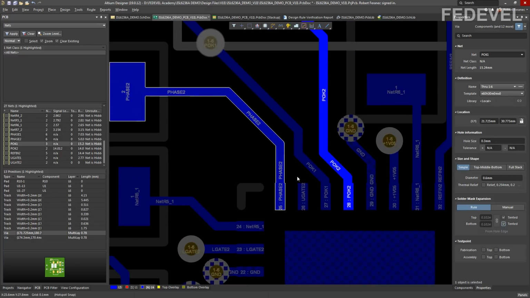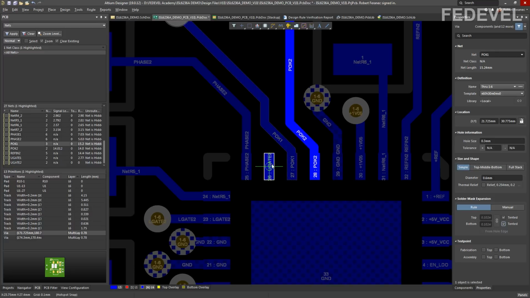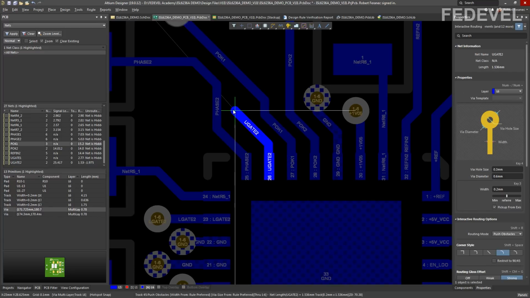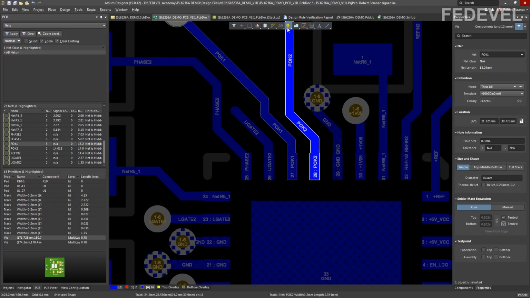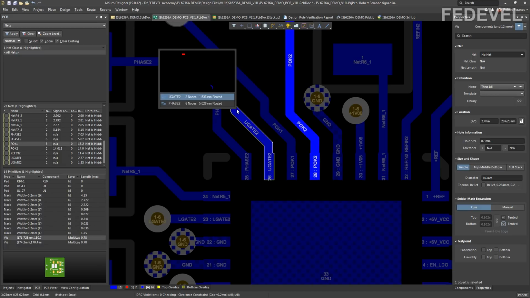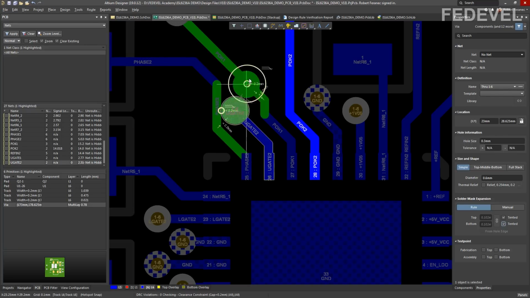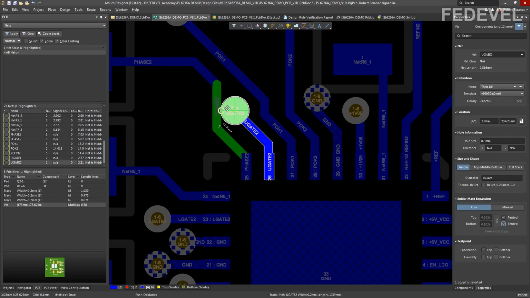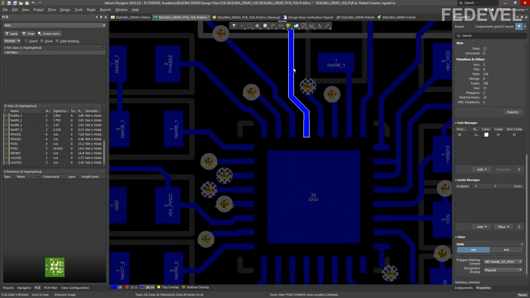Zoom in, place a short track somewhere here, and place a via. We would like to connect this via to UGate 2. This is UGate 2. Select this, right click, and move it a little bit like this.